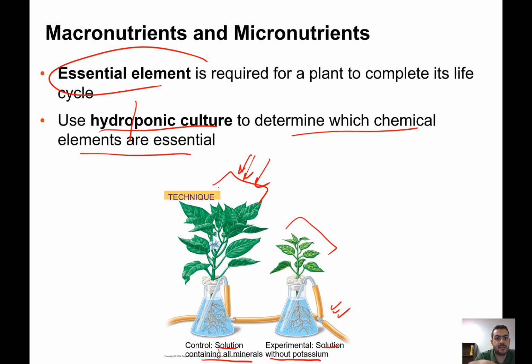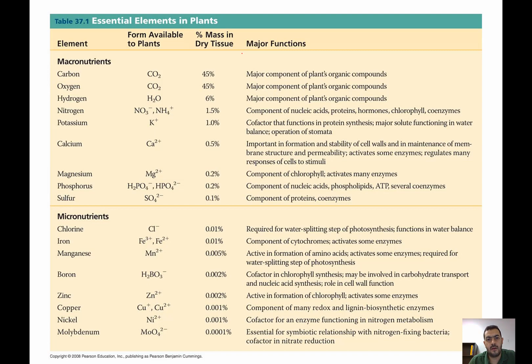As we said, these essential elements can be classified into macro and micronutrients, and as the name implies, it's all about the amount of the element. So macronutrients are the nutrients that are needed in high amounts or high percentage. Then the micronutrients are the nutrients that are needed in minute amounts. So we can see that we have here